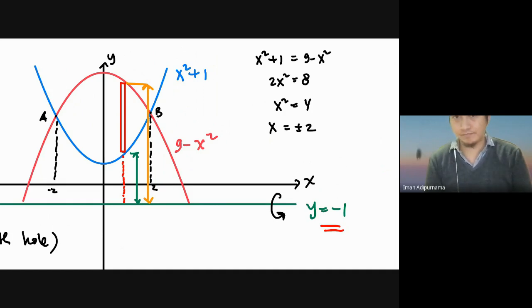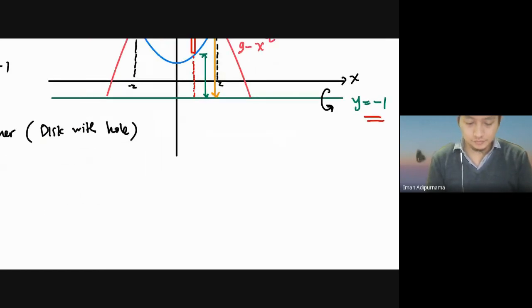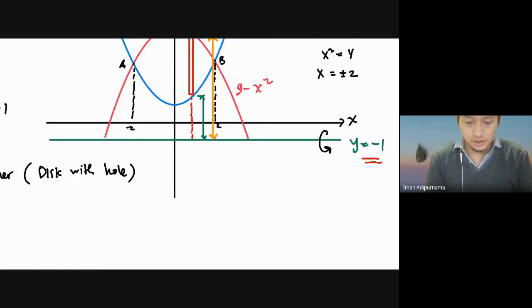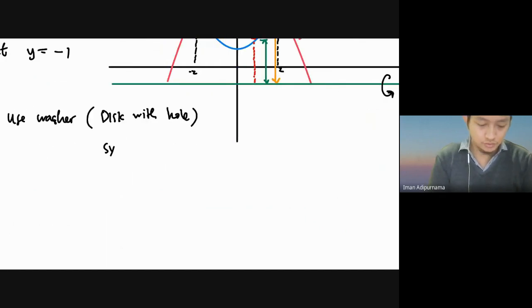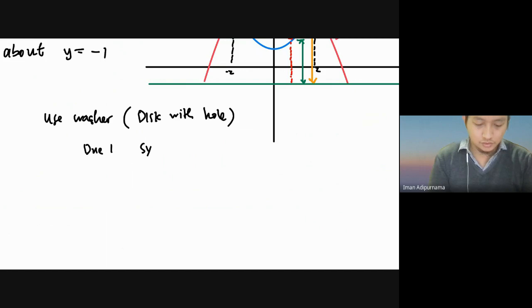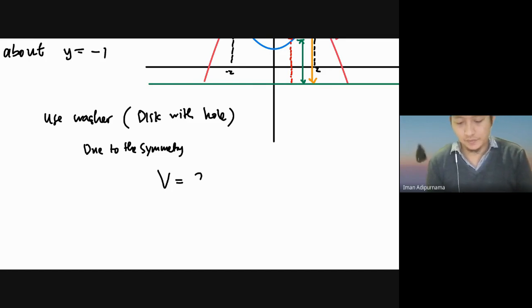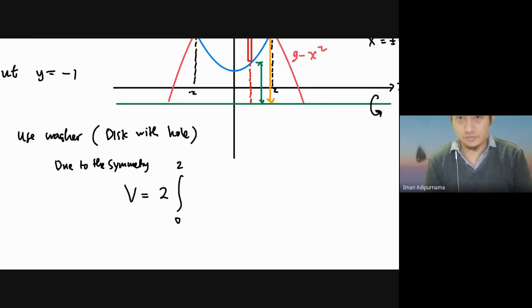Now, because of the symmetry, our volume can be twice the integral from 0 to 2, and the area will be